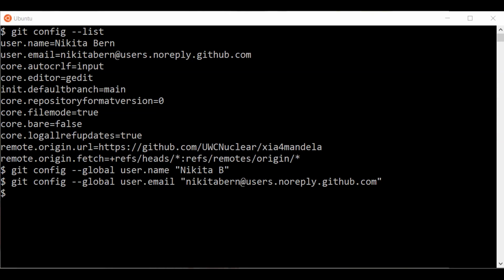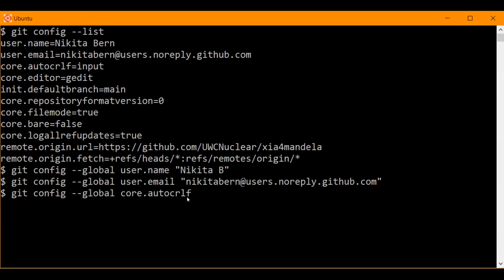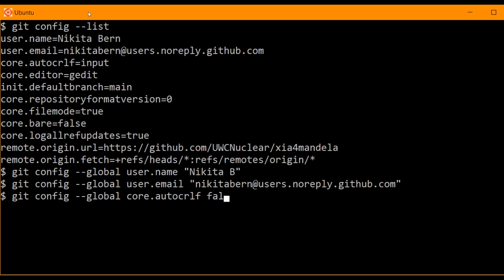Depending on your platform, you will have to choose the right git config global core autocrlf. If you are on Macs or on Linux, like I am right now, I will leave it to input. If you are on Windows, instead of input, you will need to write false. Did everybody on Windows get that? You should use false if you're on Windows,